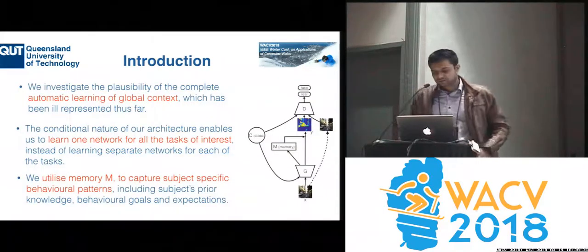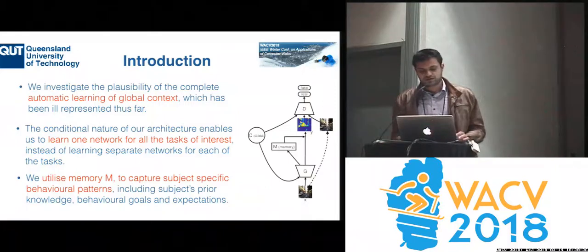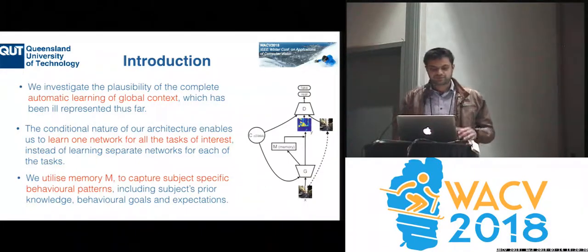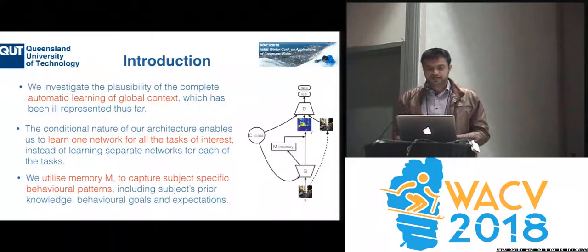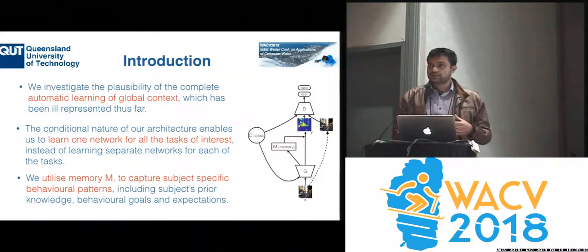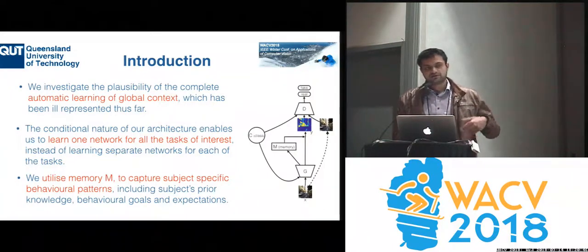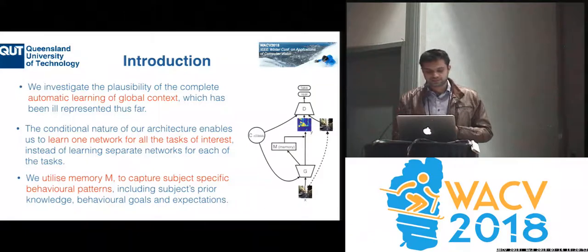So here, on your right, we have the proposed framework. We have a conditional GAN, which learns task-specific loss functions. And we incorporate a neural memory network in order to model the task-specific and also human behavioral patterns. The model should learn automatically to save and retrieve the additional information and incorporate that into the GAN in order to give better predictions.